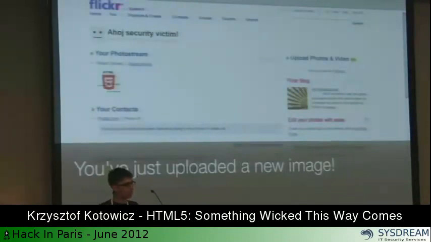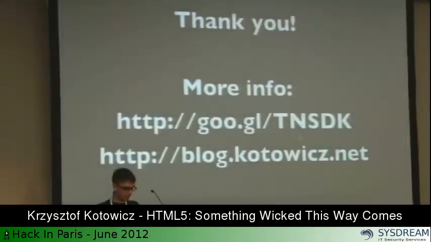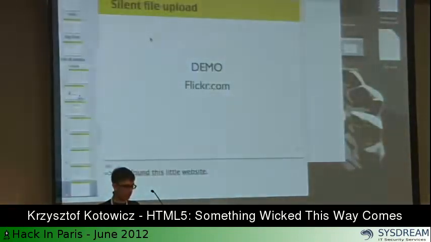Flickr used Flash to handle uploads, but it also had a fallback mechanism with the usual standard HTML file upload form. And of course, this particular form had a CSRF token. And in general, Flickr uses CSRF tokens for authenticating form submissions, but it simply didn't check the token on that particular form. So they knew something was happening. They knew that CSRF is really dangerous, but they had no clue on how to protect the file upload forms, because